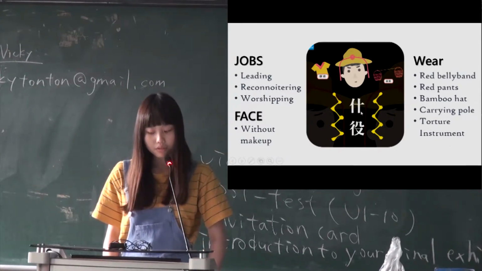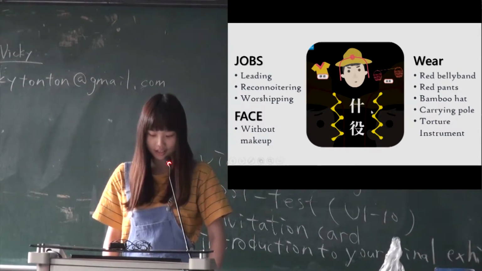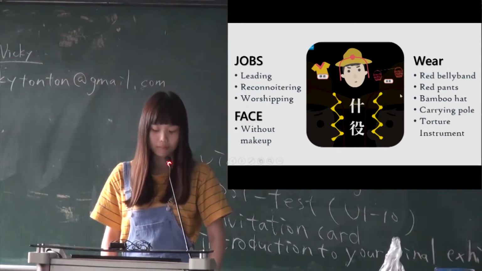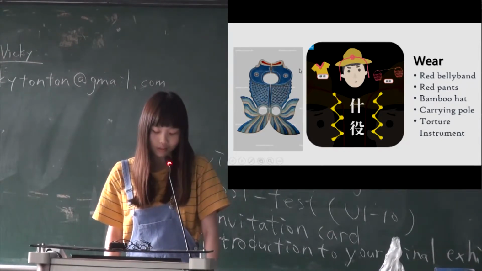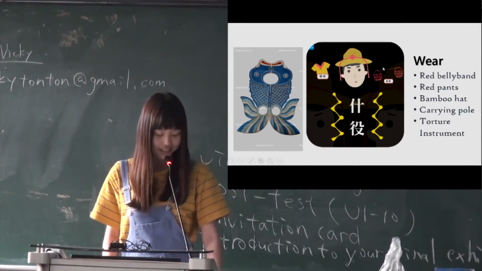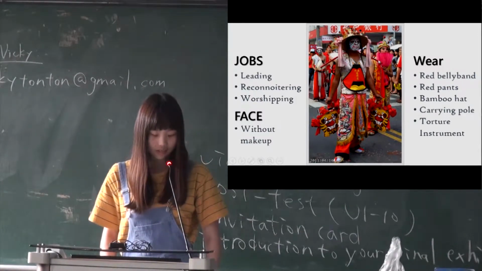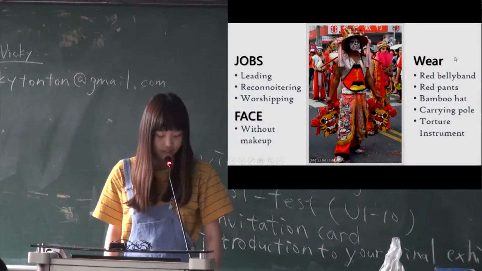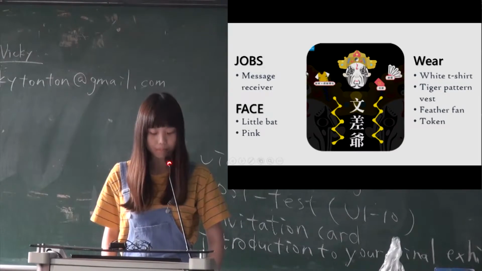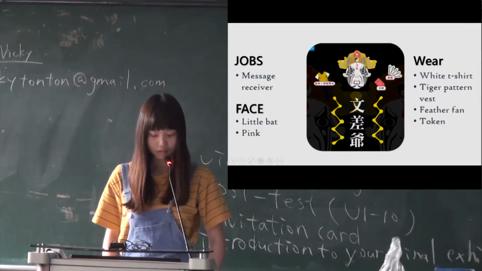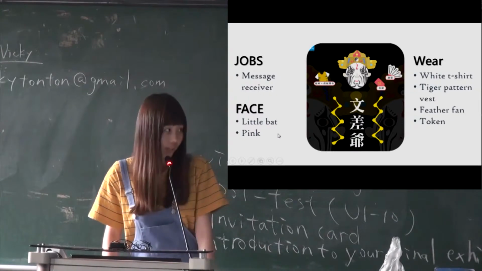In his wear, he usually has a red belly band, 就是红肚兜, and red pants, a bamboo hat, 斗笠, and a carrying pole, 是扁担, and some torture instruments. The torture instruments are very many, and usually include manacles, 就是手铐, like this, like two fishes. Yes, and he will have ropes, chains, and shackles. The real one will be like this. 这是他的红肚兜，然后他的扁担长这样子。